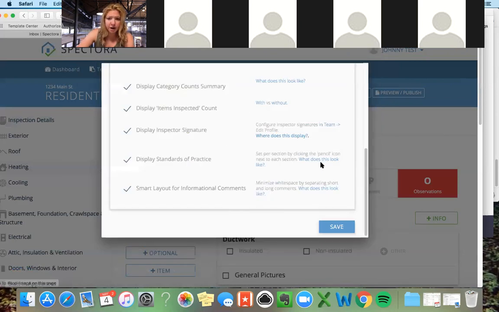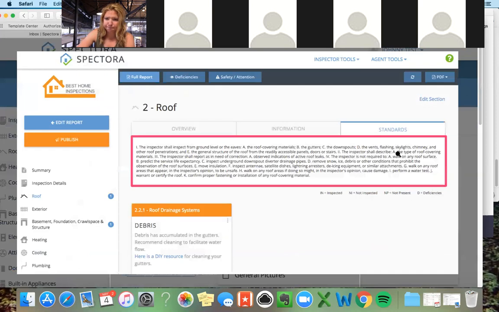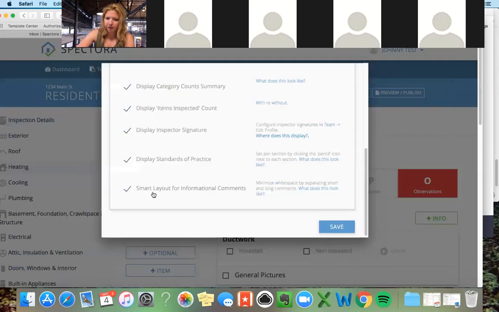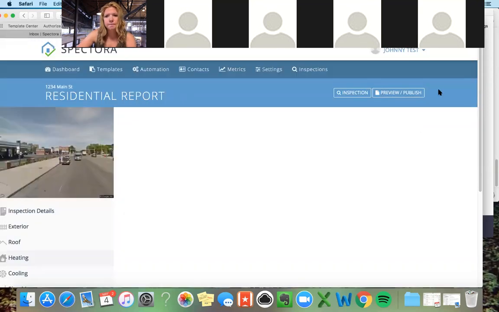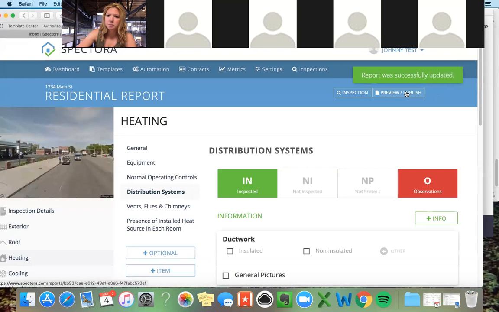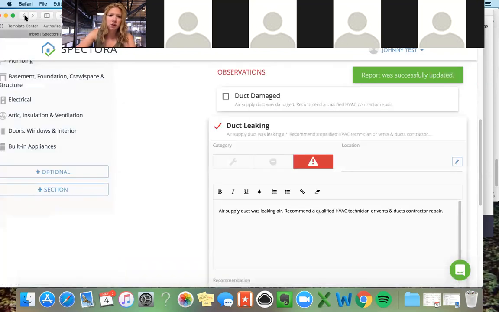The standards of practice, underneath the tabs of overview, and like I was saying earlier, the smart layout comments, just categorize them by large and small in order to cut down on white noise, or white space, excuse me. Save here. So now if we click preview or publish, or if we were to go back out,